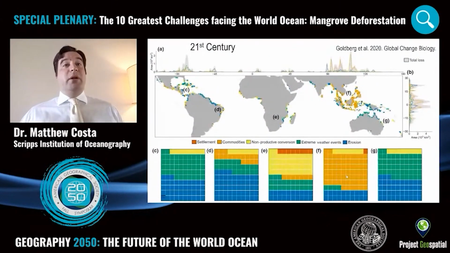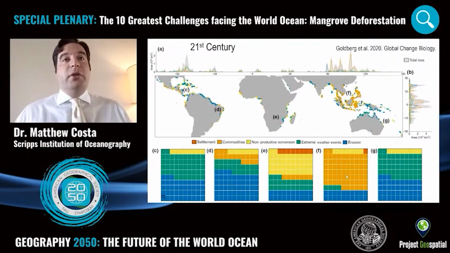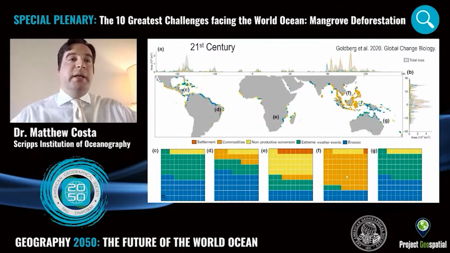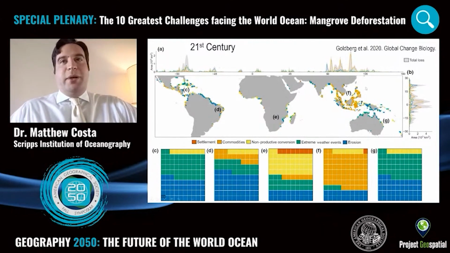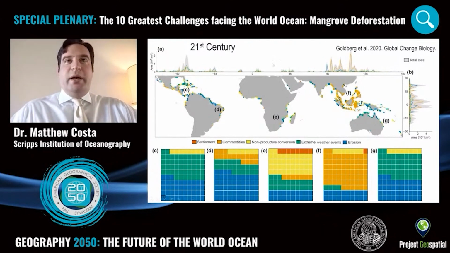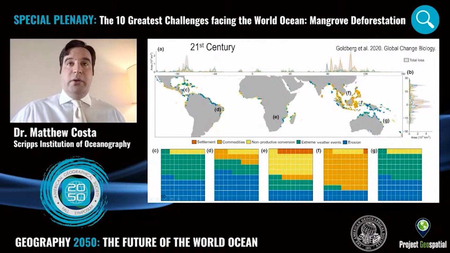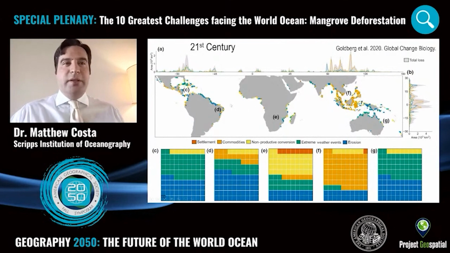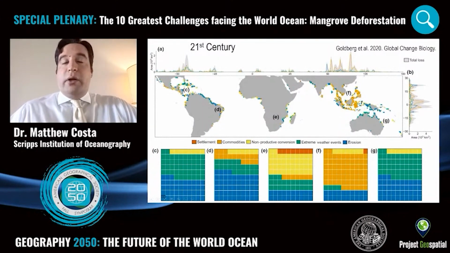This graph gives you a better idea of what the drivers are, locally and regionally, of mangrove loss in different parts of the world since 2000. There's a lot of information here. These squiggly lines at the top and at the side represent the longitudinal and latitudinal distribution of mangrove deforestation around the world. What I'd really like you to focus on is these colored squares on the map. The colored squares represent mangrove cover around the world, and the color of the squares represents the